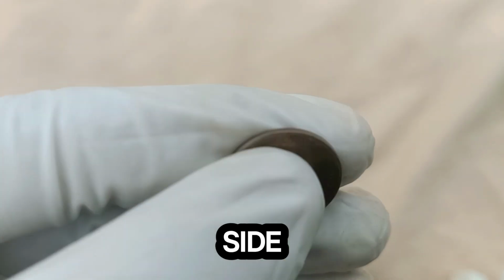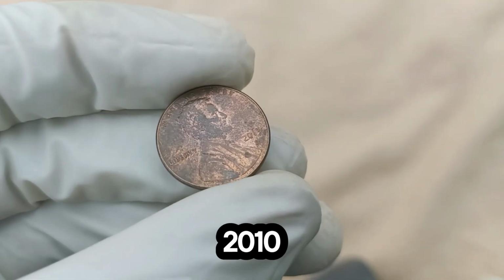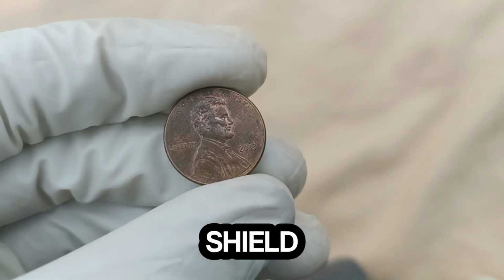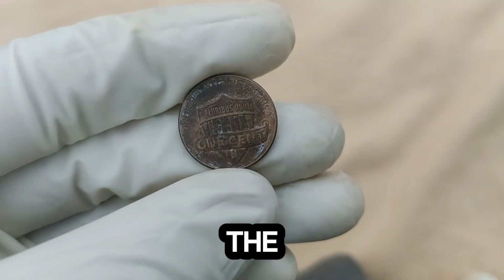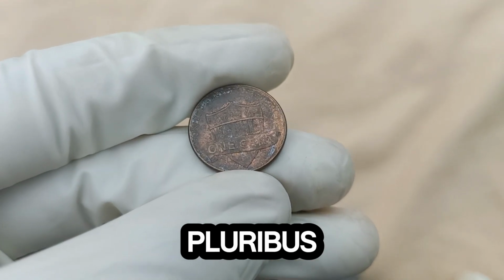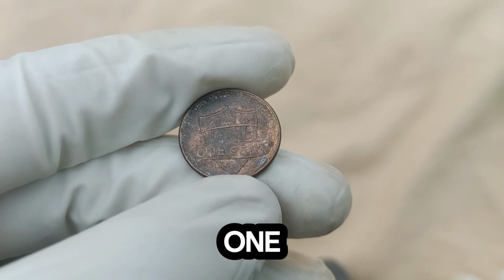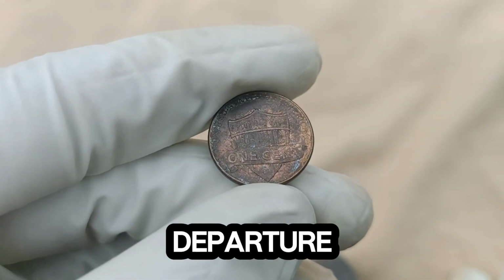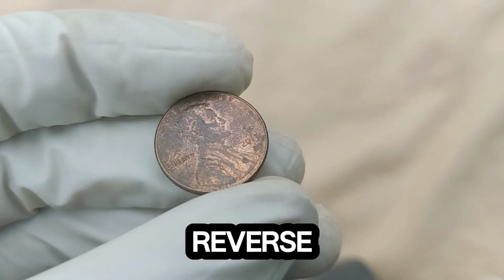On the reverse side of the coin, we see the Union Shield, which was first introduced in 2010. The Union Shield represents the strength and unity of the United States and features the inscription E Pluribus Unum, meaning out of many, one. This design was a departure from the Lincoln Memorial reverse and continues to be the standard reverse for the penny